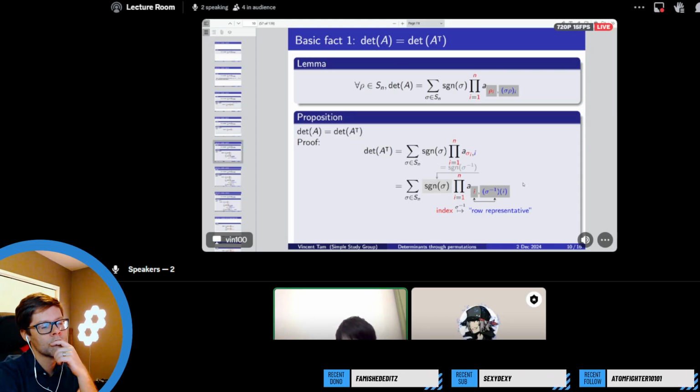So here the key technique here is to see that